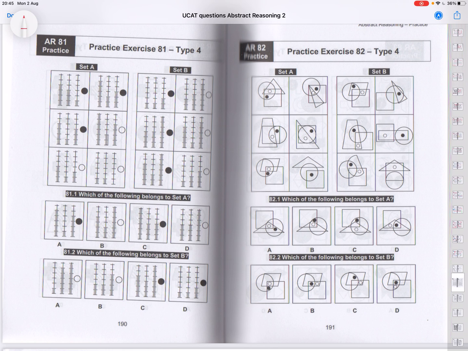So we've got a few more of the practice exercises of type 4. So if you would like to stop the video, go and have a go at the remaining type 4 video exercises, and then come back and I'll go through the answers, giving you some